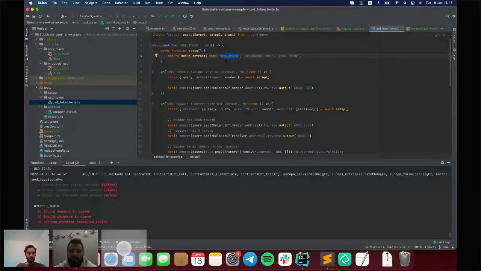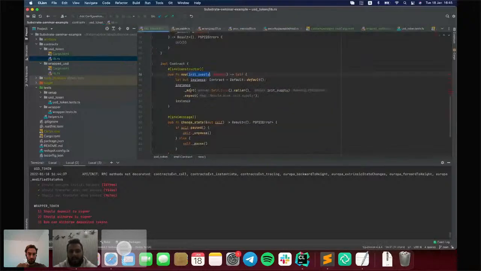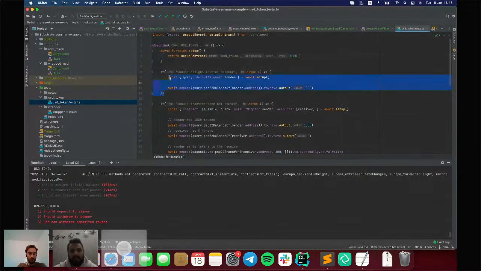We called a new constructor function with argument 1,000, as you can see, it is our initial supply. We minted 1,000 tokens for the caller of the contract. So that test verified that the caller really got his 1,000 tokens.